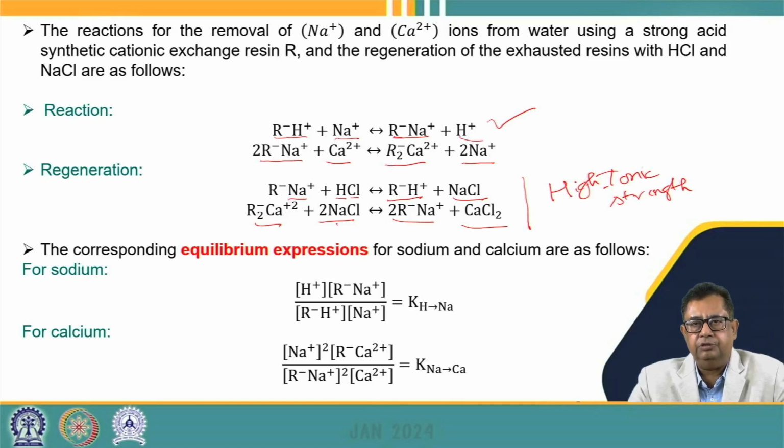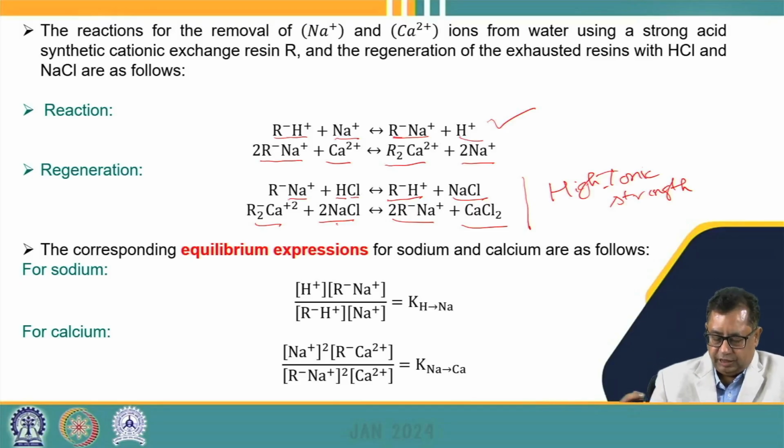of HCl solution, or a concentrated solution of brine, they generally replace the ions which otherwise may not be replaced in the dilute solution. So that's why we provide a concentrated solution of brine or concentrated solution of acid, so that the resins can be regenerated. So the equilibrium expressions for these reactions, that is reaction 1 and reaction 2, so this